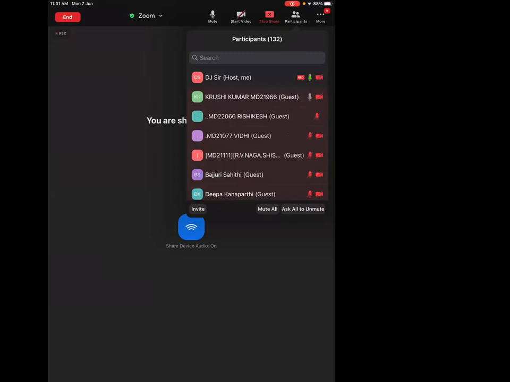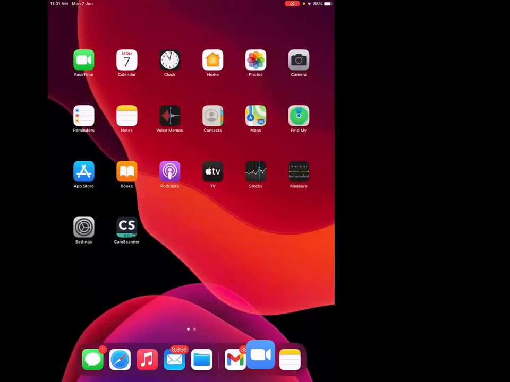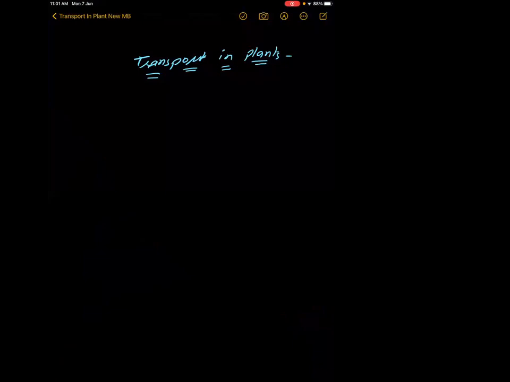So this plant physiology is a part of the NCERT book. Plant physiology is a unit in the textbook. In plant physiology, 5 chapters are there: 2 chapters in plant physiology first, and 3 chapters in plant physiology second. So I'm going to start the first chapter, transport in plant. Introduction.